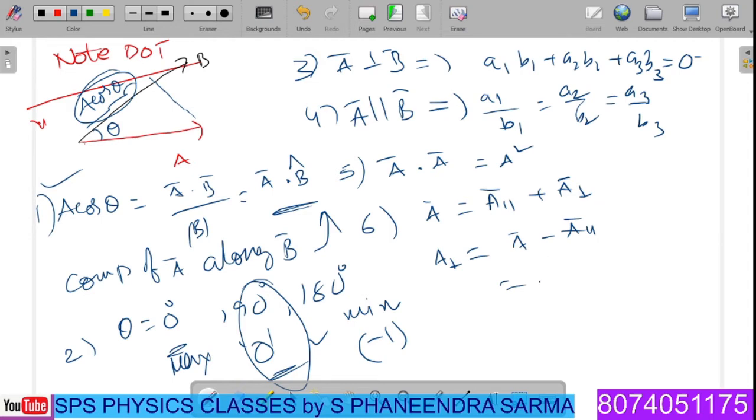That means you can write it down as a bar minus. What is the parallel component we got here? The parallel component is nothing but a cos theta always. Already in the previous slides we also have the parallel component, a cos theta. What is the magnitude of that? A bar dot b cap. So the magnitude acts in what direction? The b direction, which is given by b cap.